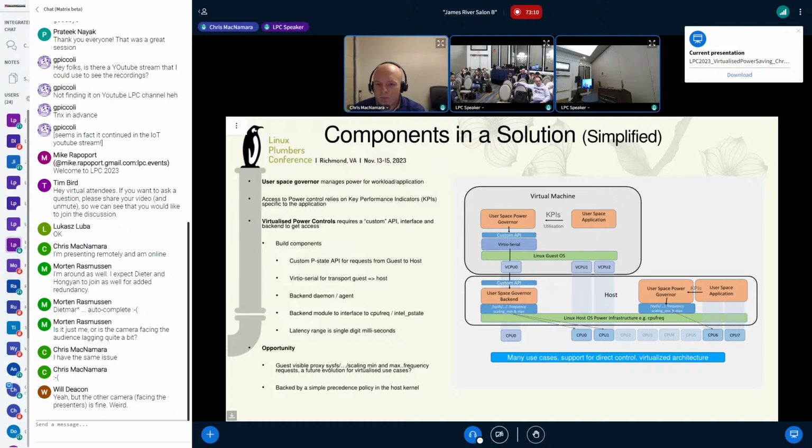SCMI is also implemented on top of Virtio, right? Yes. So I think you're going to have similar latency. My point is mainly that instead of using Virtio serial and putting your own string to set some performance, just use Virtio SCMI. Everything is already defined, so the guest can say, I want this kind of performance. Whether Virtio is the best way is another discussion. Okay, that's a good suggestion.